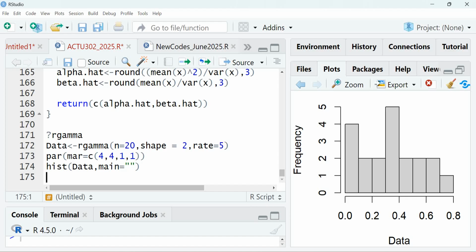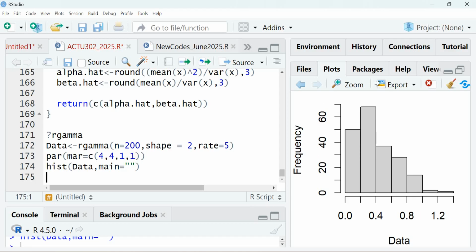Okay, so of course if you increase this, it will give you a better shape that will follow a gamma distribution. Is that okay? Now I can check whether, in other words, I want to estimate the parameters. The parameters I'm expecting are the shape of 2 and a rate of 5. Is that okay? Alright, so I'm going to go back to my earlier sample of 20